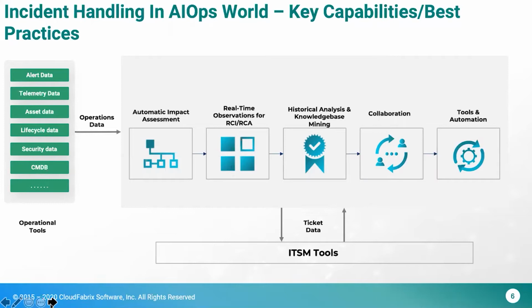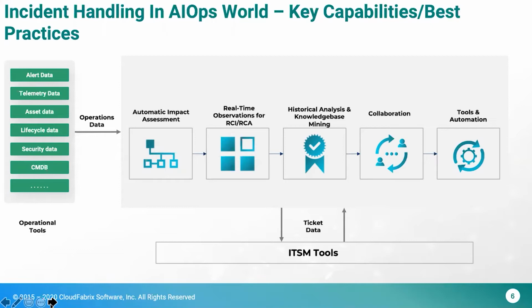But to start with, it has to be able to read the tickets from that ITSM, and once the ticket is read into the AIOps system, it needs to understand what is the impact. That is where the automatic impact assessment comes in: what is the boundary, which service it's impacting, or is it data center level? What is the scope of that impact? That is the first thing, and also the topology, how they are interrelated. That is an important thing.